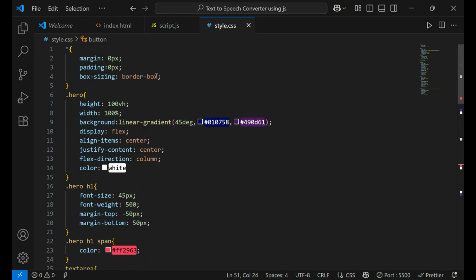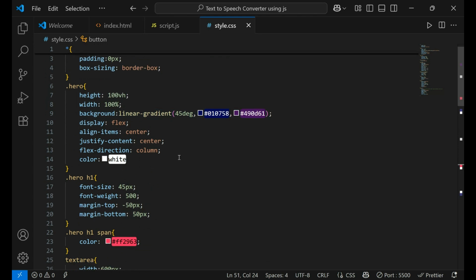These are for aligning the content to the center. I have used height 100 view height, with 100% for the particular screen, and a gradient, a mixture of mixed colors.